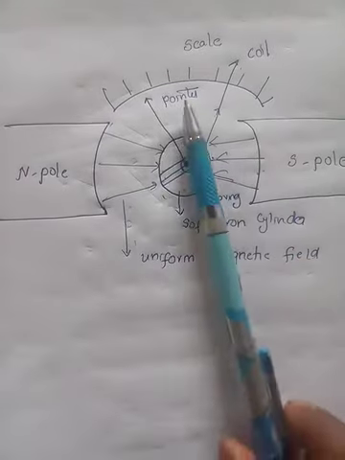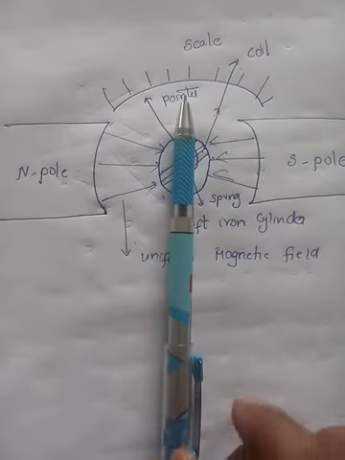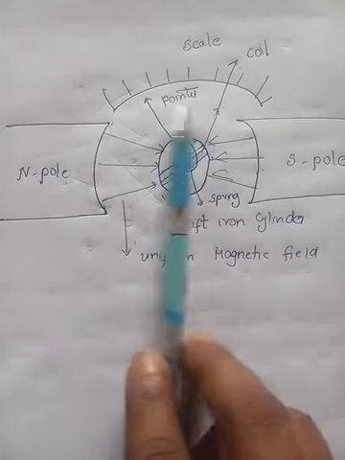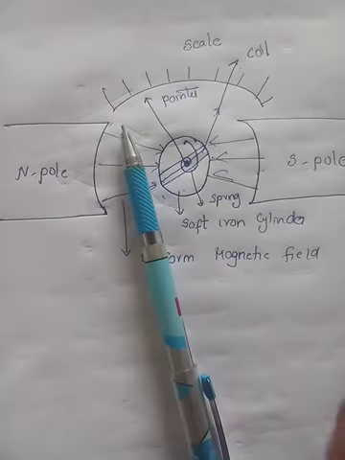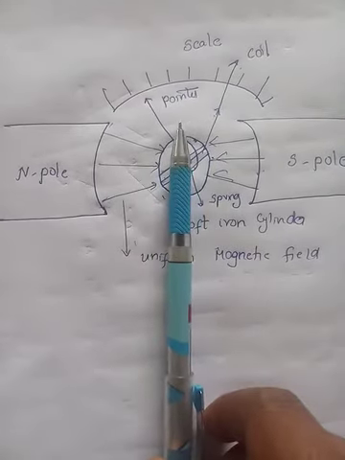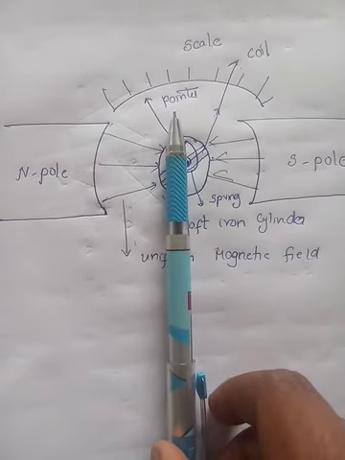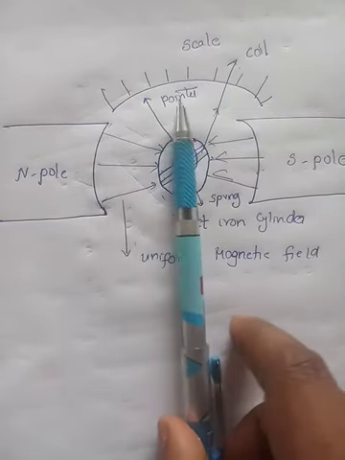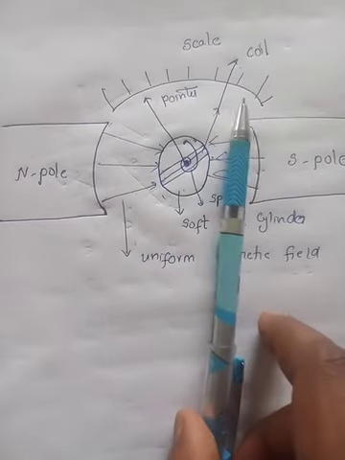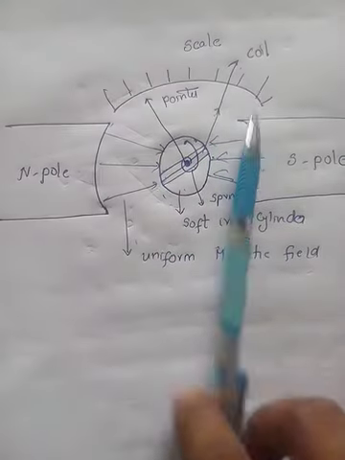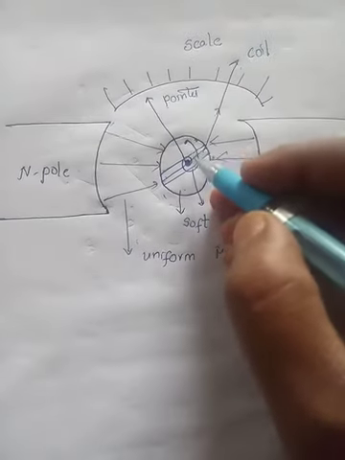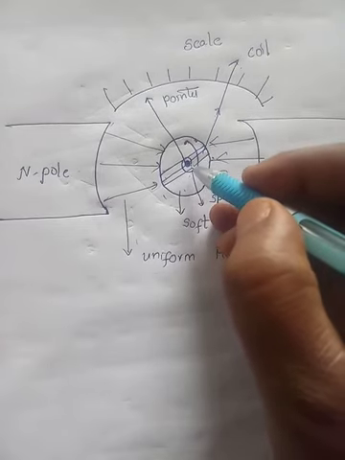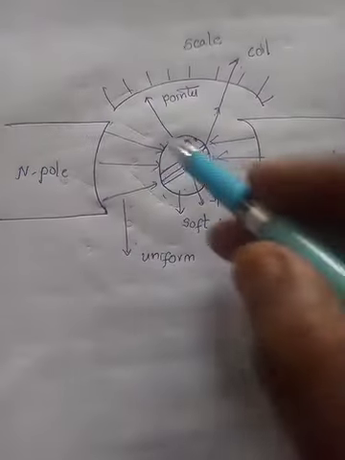We said that when you place a coil in a uniform magnetic field, it experiences torque, meaning it is going to deflect. When current starts to flow in this conductor, what happens? It deflects. If the current is more, deflection will be more, and if you place a scale, the current flowing in the conductor is directly proportional to the deflection in the galvanometer. That is the principle we use here. For that, we hang the coil by using a spring. Okay, understood?